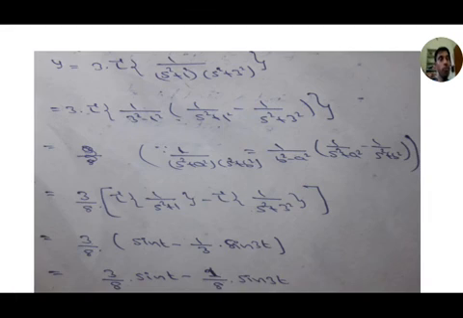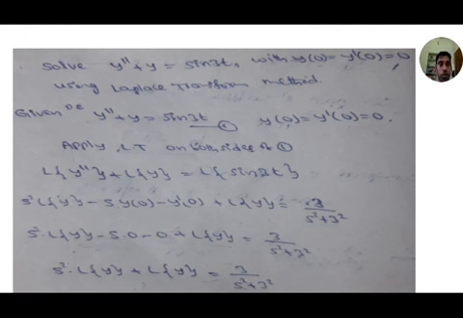So here we have to take 5 steps. The first one: apply the Laplace transform on both sides of the given differential equation. Next, use the formulas for Laplace transforms of the second order derivative, first order derivative, and the given function, and then replace the initial values y of 0, y dash of 0 using the given conditions in the problem.